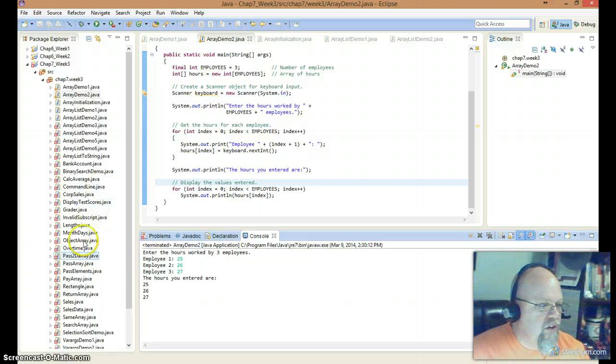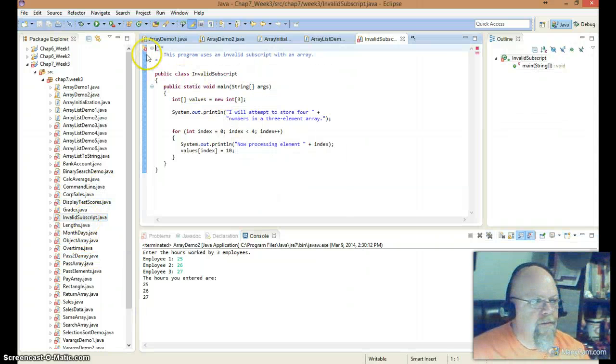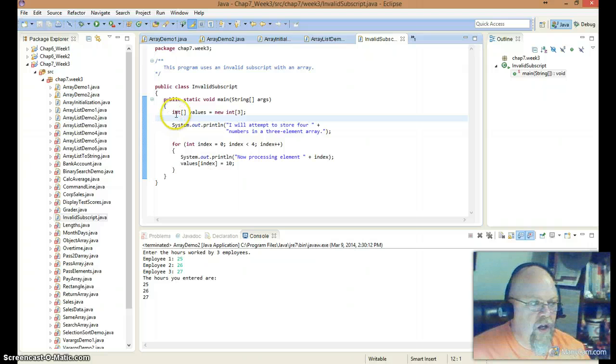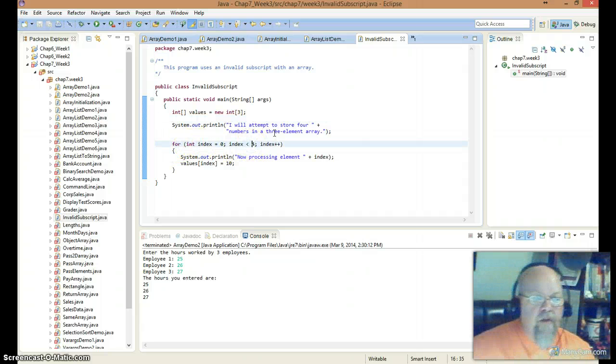If we take a look at the invalid subscript, here we've got int values equals new int 3. So here I've got a 3 element array, and I'm basically saying attempt to store 4 numbers. Now what I think would be a better example is this, where we would have less than or equal to 3. And again, that's going 0, 1, 2, 3. That's 4 elements. So if I run this,